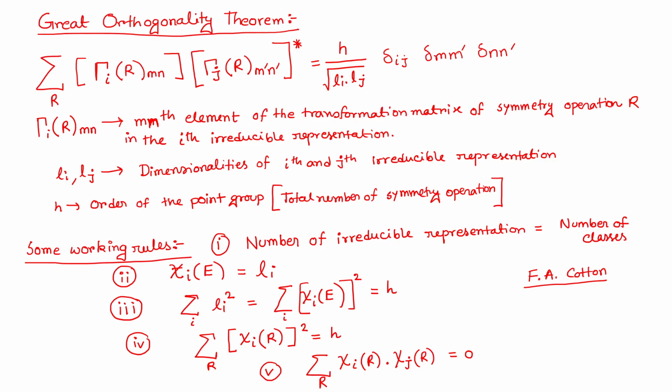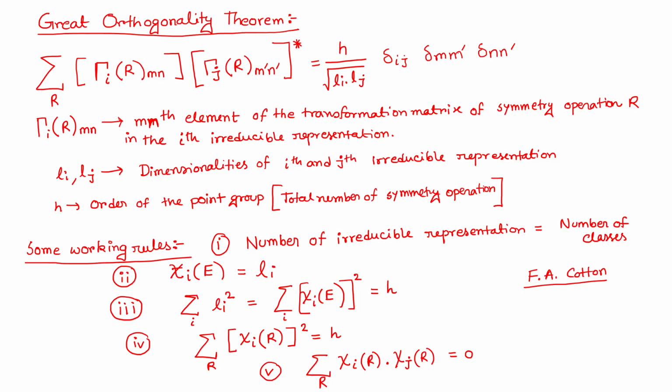A few of these rules: one question is how many irreducible representations are possible for a particular point group. It is going to be equal to the number of classes, or the number of equivalent symmetry operations. Then the character of the identity operation gives you the dimensionality of that irreducible representation. Again, the sum of the squares of the dimensionalities of the irreducible representations is going to give you the order of that point group, and the sum over all operations of the square of the character of the symmetry operation is going to give you, again, the order of the point group, and